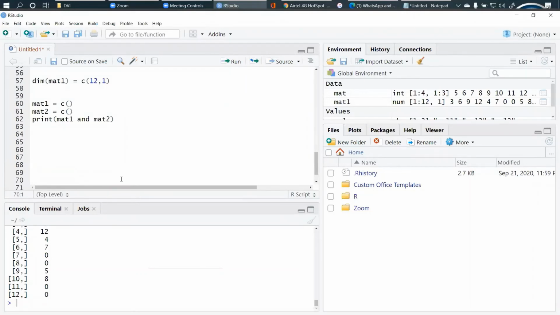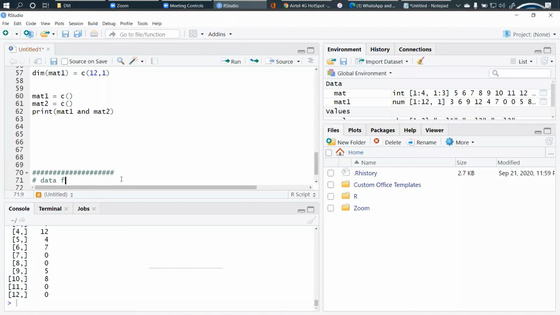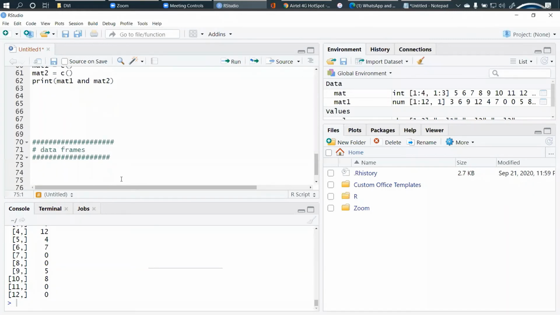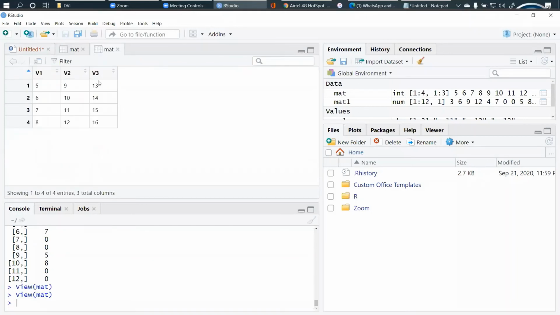Okay, so there's an important concept coming up next, data frames. Right? Data frames are very important because whatever external files as a data set we are going to manipulate in coming sessions, we'll be using matrices as well as data frames, right? So a data frame is a 2-dimensional array-like structure, right? Or you can think of it as a table, right? So you can see here, if I double click on this, you'll be seeing a grid of values, right?